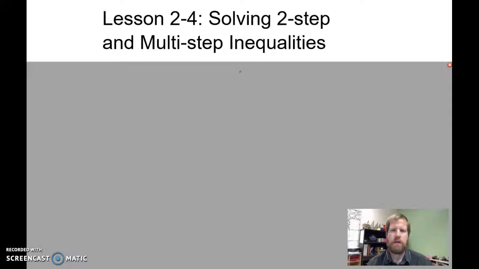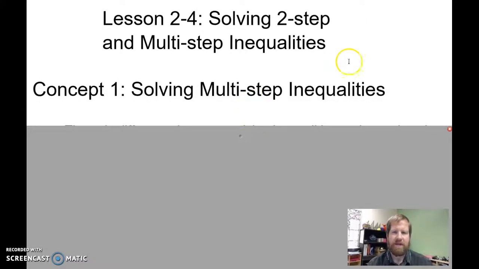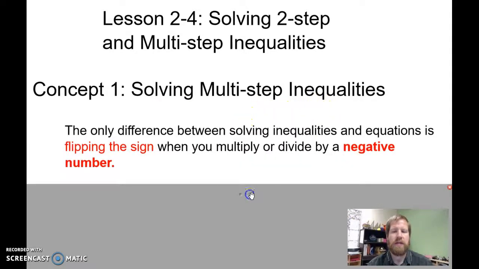Lesson 2.4, solving two-step and multi-step inequalities. So we don't have any vocabulary. We're going to jump right into solving multi-step inequalities, and this should be pretty much the same as solving multi-step